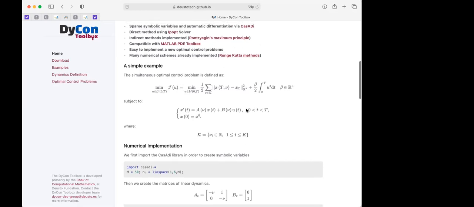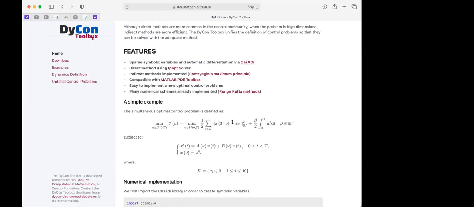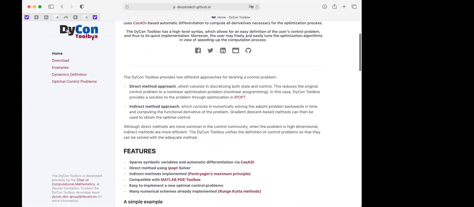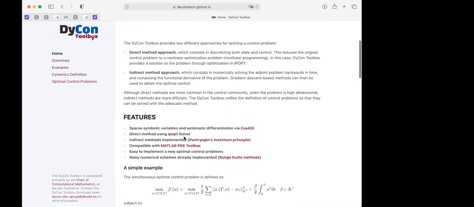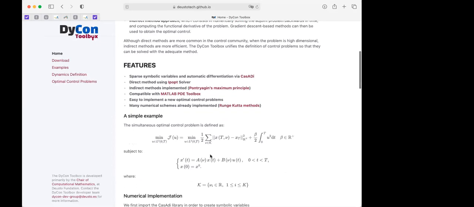Of course, the problem is always apparently simple, but as I said before, when you increase the complexity of the dynamics, you increase the dimension of the space of parameters, you face very rapidly the curse of dimensionality, and therefore it is very necessary to have tools which are extremely efficient. So you can download this toolbox for free, you can install it, you can play with it, you can solve the problems you have in your own laboratory or project using it. And of course, if you have any questions, you can ask us.